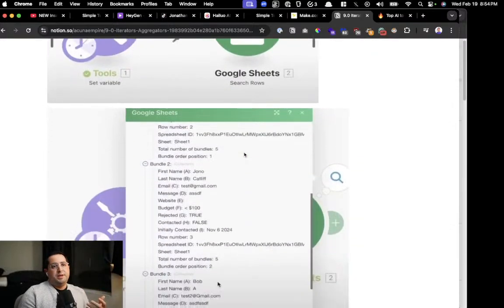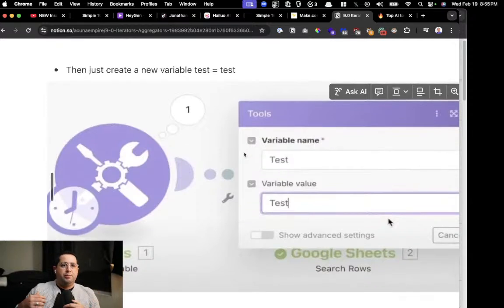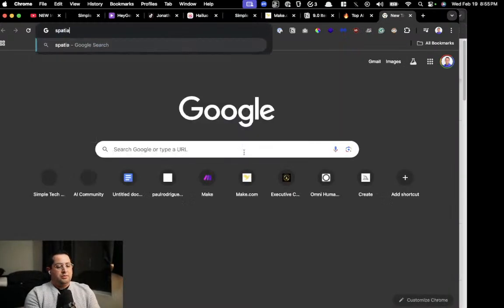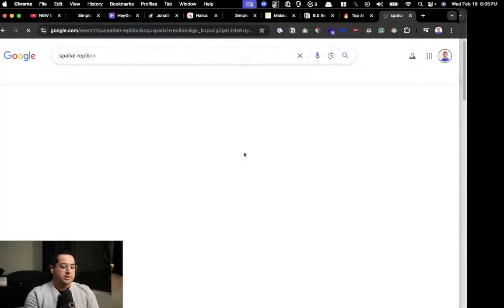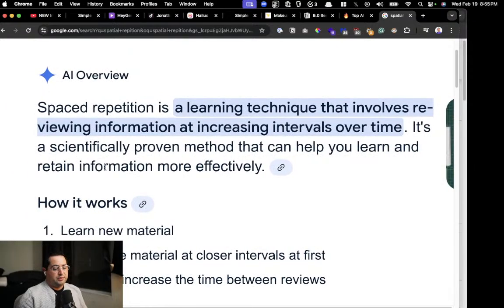And then this becomes basically a digital flashcard. If you don't know how your brain works, in order to convert short-term information into long-term information, the concept is called spaced repetition. We're getting super nerdy now, but this is how you memorize things forever. Spaced repetition is a technique that involves reviewing information at increasing intervals over time. What it means is looking at a flashcard and referencing it, and then an hour later or a day later asking yourself, hey, do you know how to do this? And if you don't, reference your flashcard.